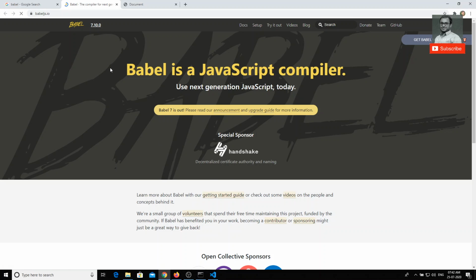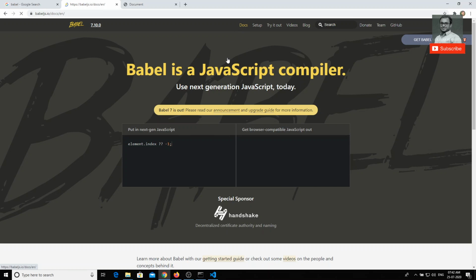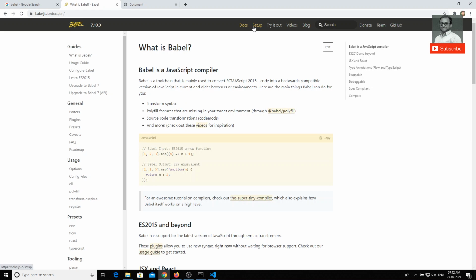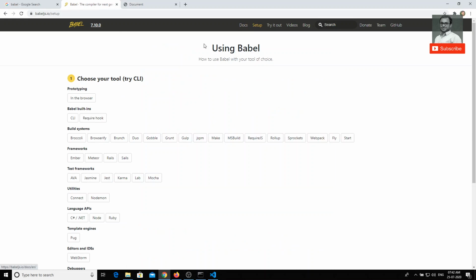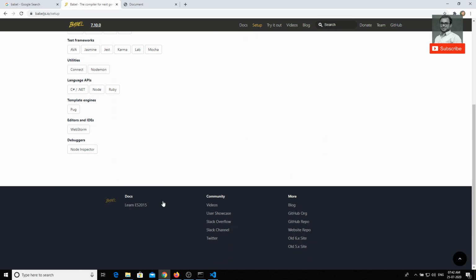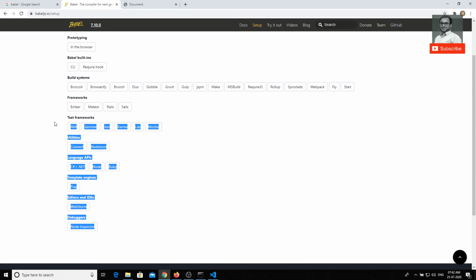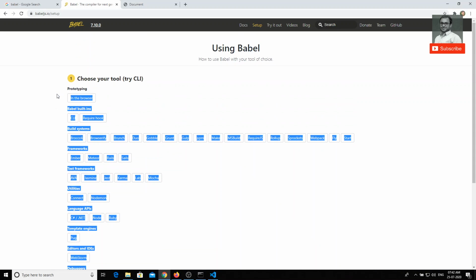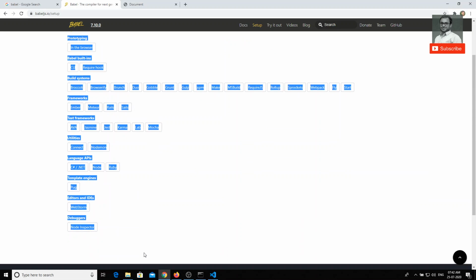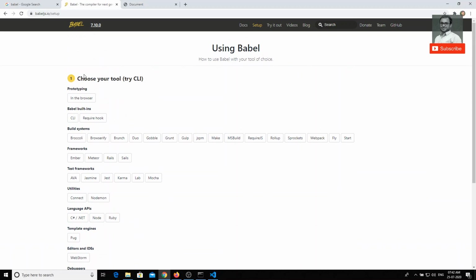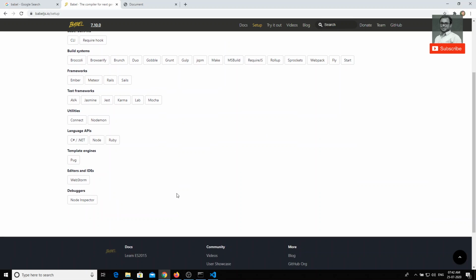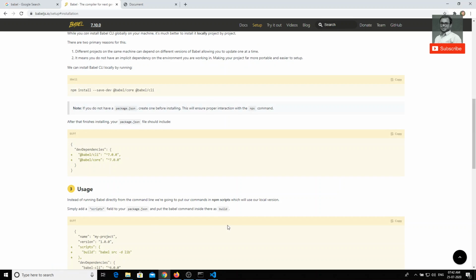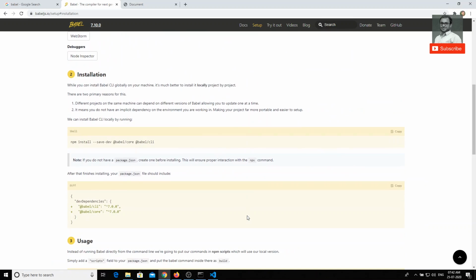If you go to the docs and then to setup, you have all the types of setups, showing how you want to set up the compiler. Let's take the basic one, the CLI.